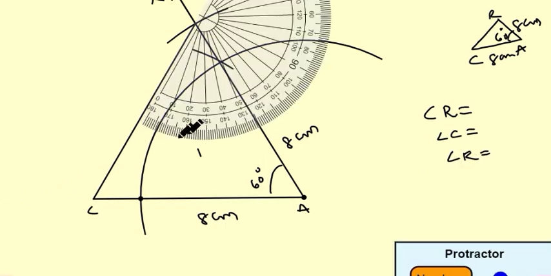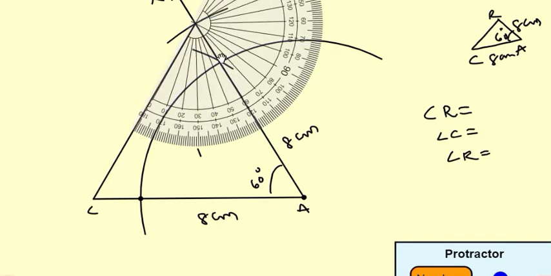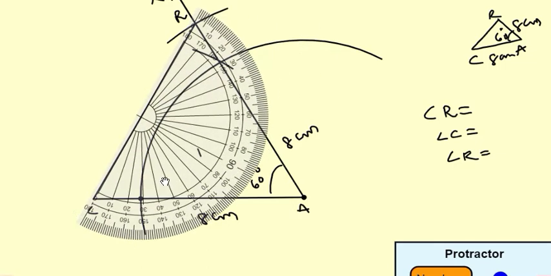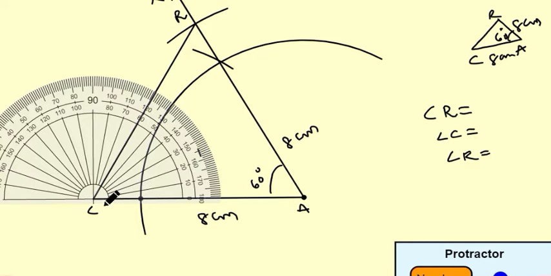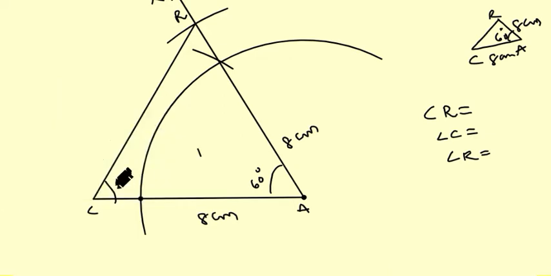Now take the protractor and place it on that angle R. So now here angle R indicating 10, 20, 30, 40, 50, 60 degrees. So angle R measures 60 degrees, and angle C also will measure 60 degrees. So here we can write angle C is 60 degrees and angle R is equal to 60 degrees. So in this triangle, three angles are equal, so it is an equilateral triangle.